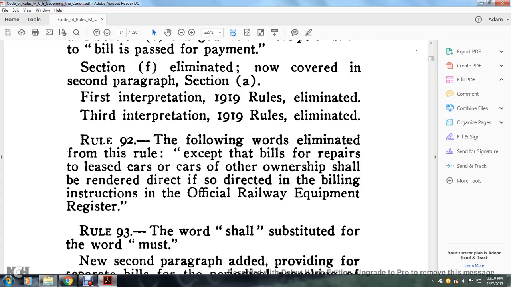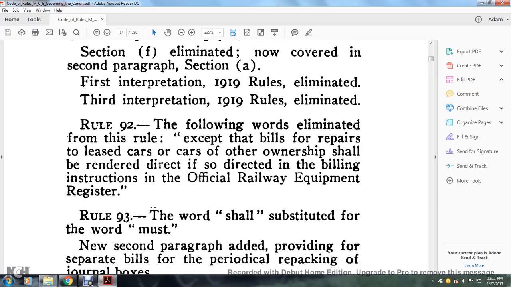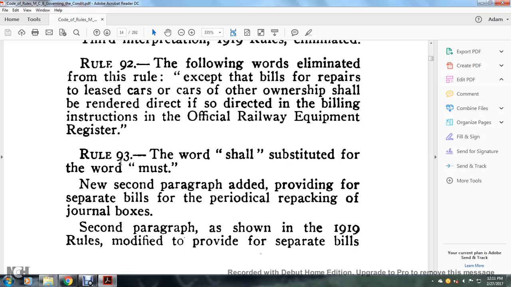Rule 92, the following words eliminated from this rule, except for the bills of the repairs leased and the cars but the ownership of which shall render the direct and if and so direct in the billing of the instruction of the official railway equipment register. Rule 93, the word shall be substituted for the word must. The next